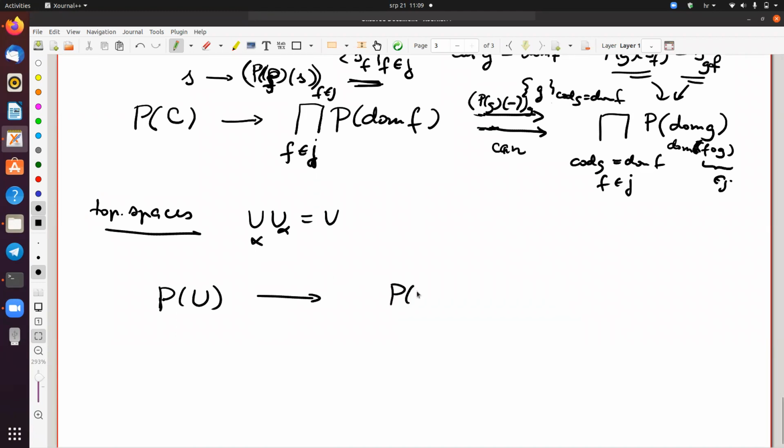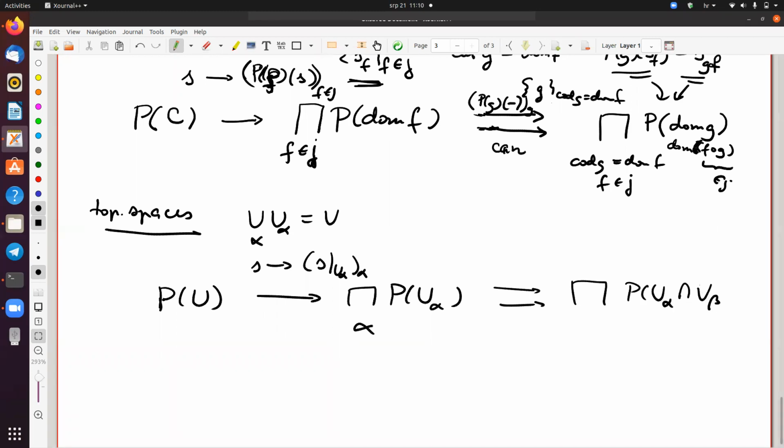So you have P of U, and S goes to the family of restrictions S restricted to U alpha, in the product over all alpha in the cover,